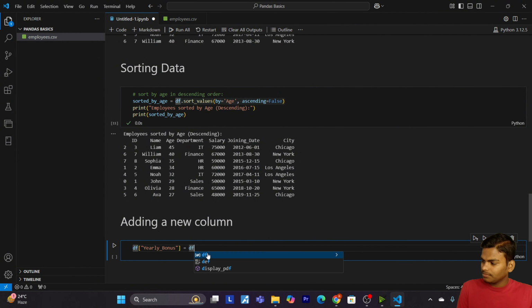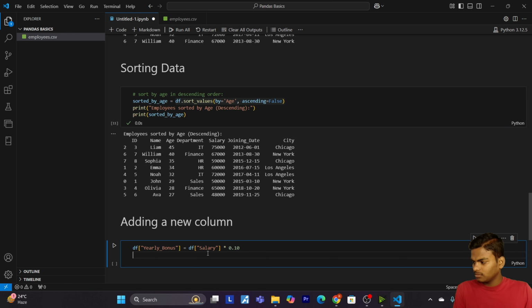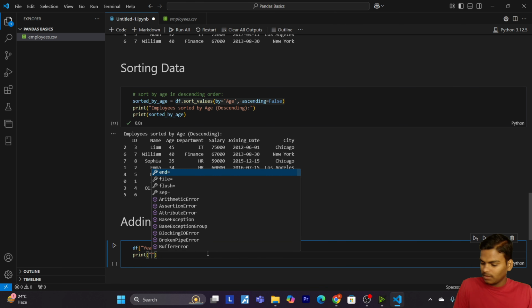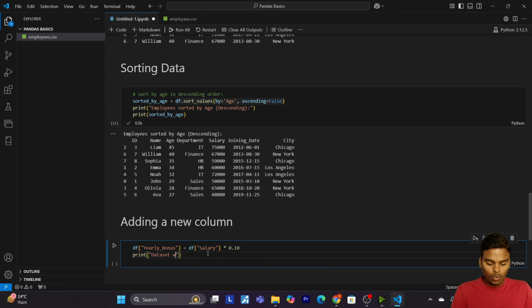Then I will pass df salary, salary multiplied by 0.10. So now print data set with yearly bonus.